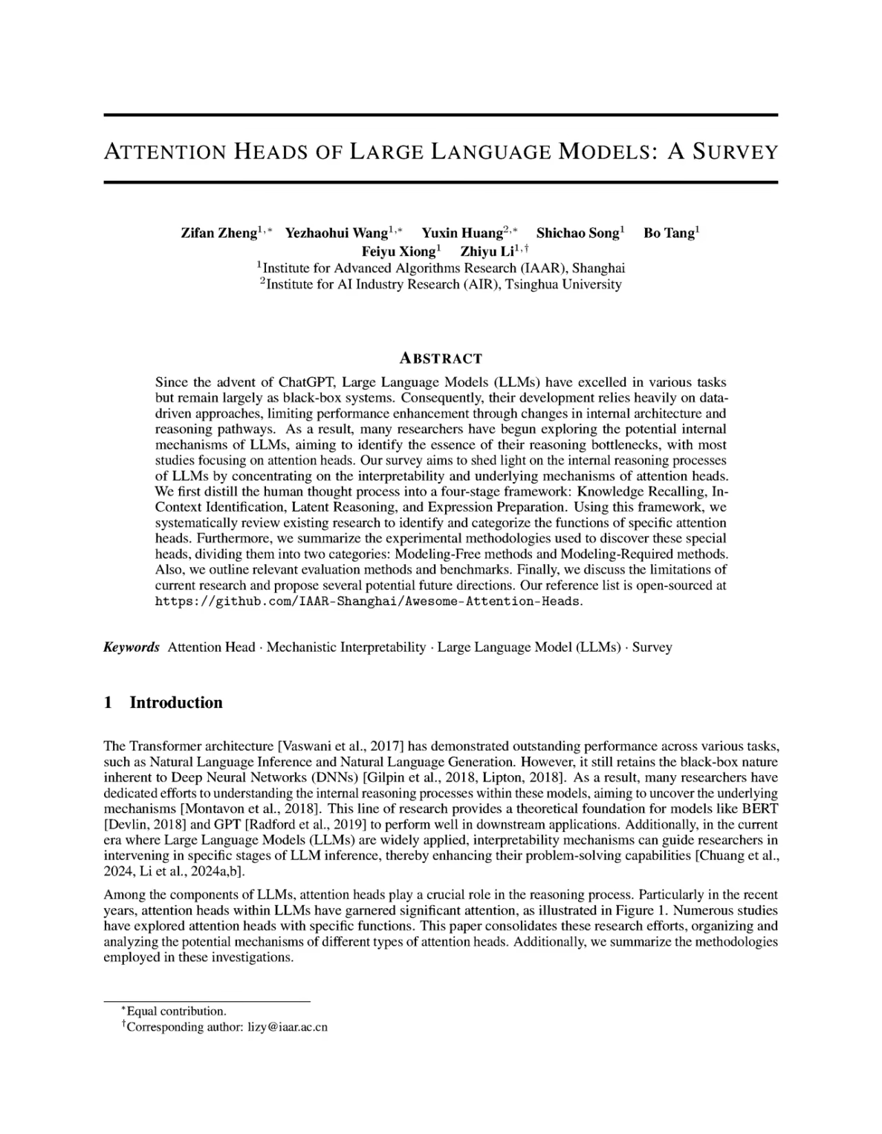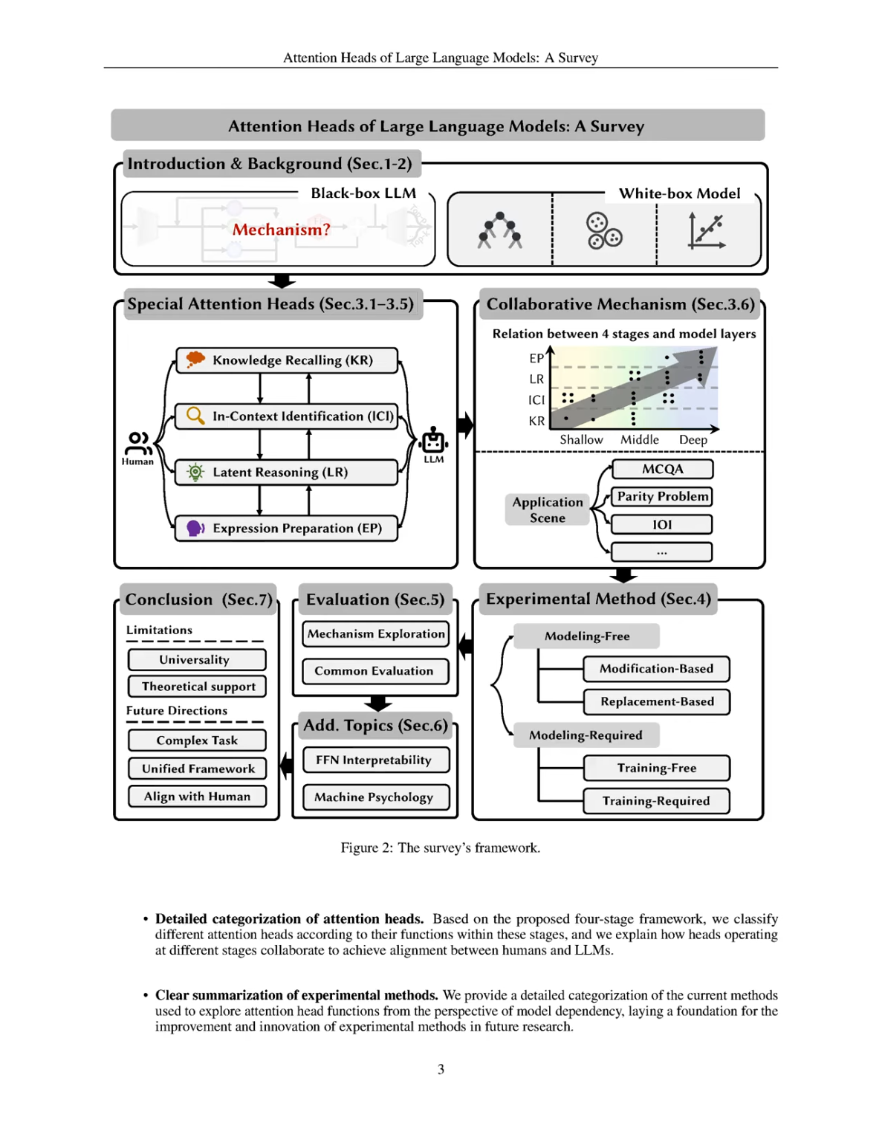In the proposed four-stage framework, the knowledge recalling, KR, and in-context identification, ICI, stages illustrate distinct yet interconnected functions of attention heads. For example, during the KR stage, certain attention heads, such as the memory head, retrieve relevant knowledge from the model's parameters, which can include common sense or domain-specific expertise. This retrieval process involves making initial guesses or focusing on specific content within the context, effectively injecting this memory information